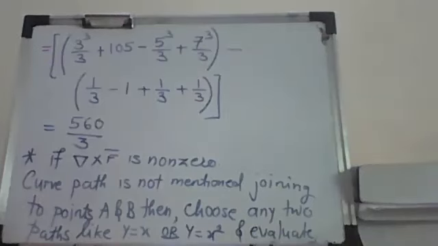So here it's simple, but whenever a path is not mentioned, just check whether the given vector field is irrotational. That is the first part you must check. But this doesn't mean that whenever two points are given, it is always a straight line joining the two points. Unless it is mentioned, you can't take the equation of a straight line. Otherwise, you will lose all your marks.